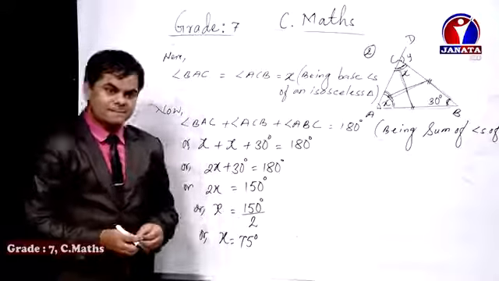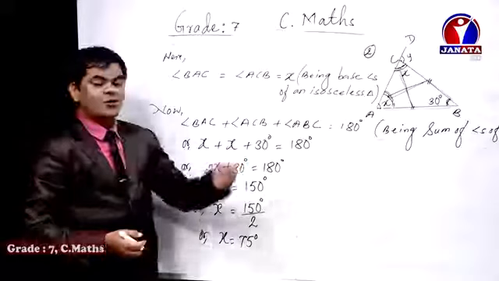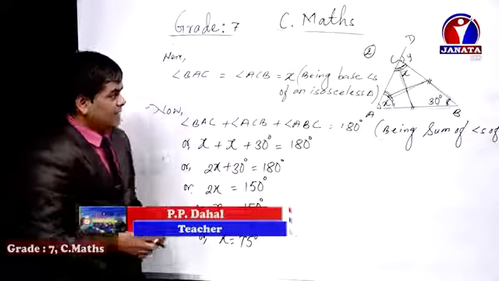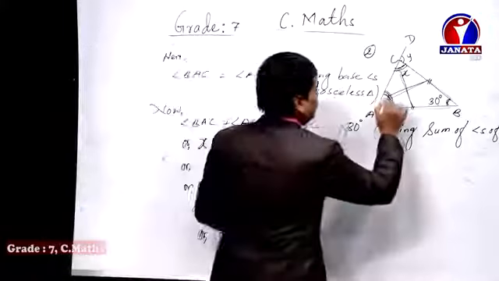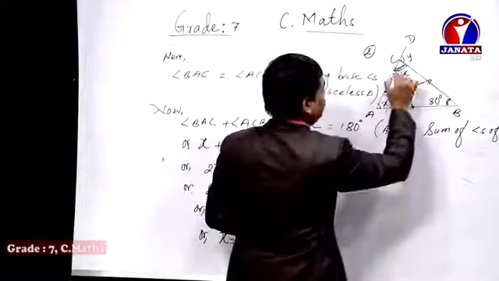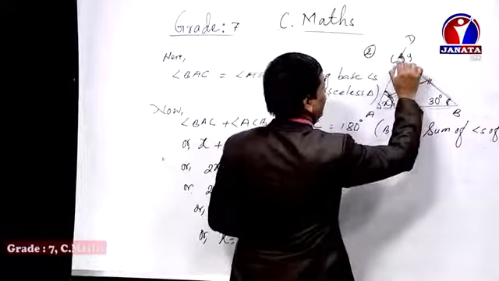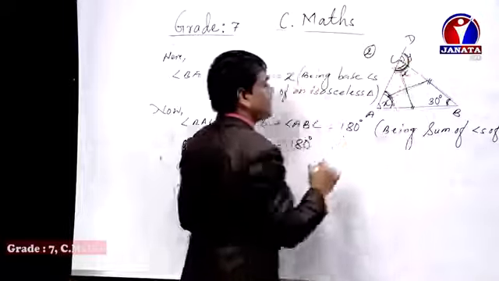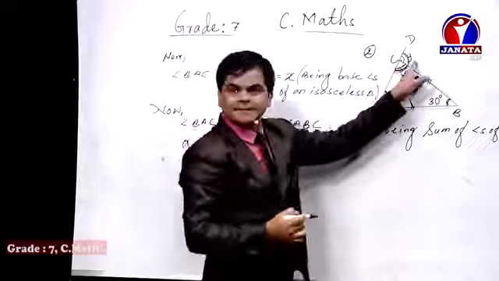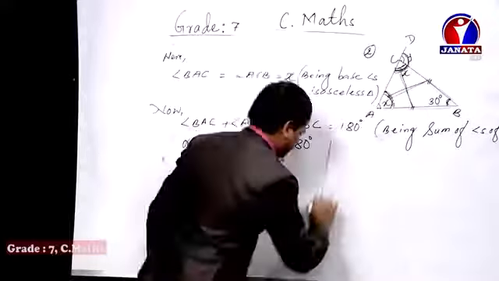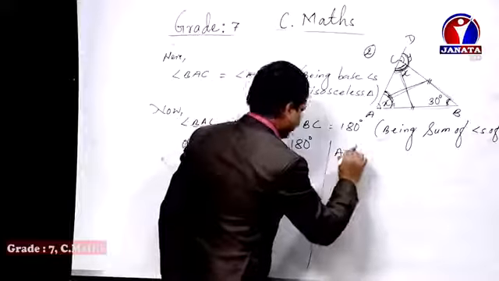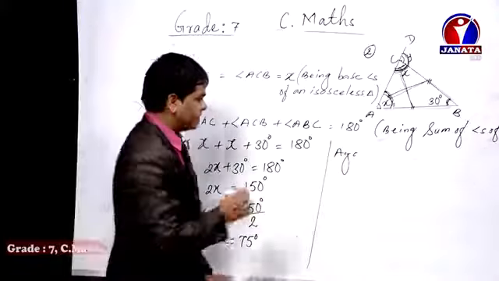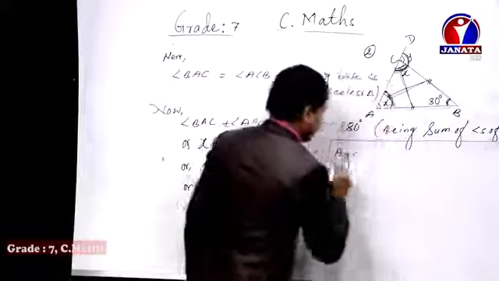Is that clear? Now it's the turn of finding the unknown value of y. I have already told you we got 75 degree here, and 75 degree here. Now in order to find out the value of y, we need to take the supplementary part of y, isn't it? So again, do write again after this, okay. In order to find out the value of y, I am going to do it here.